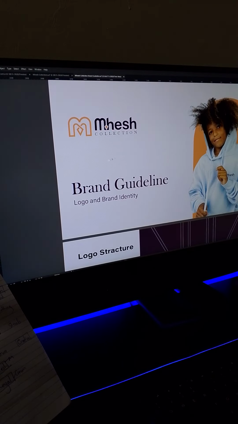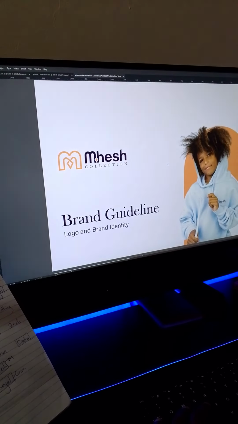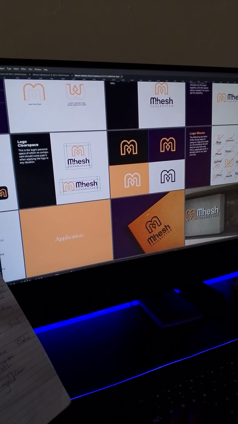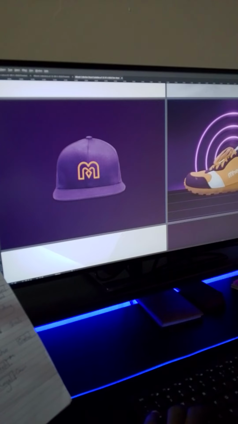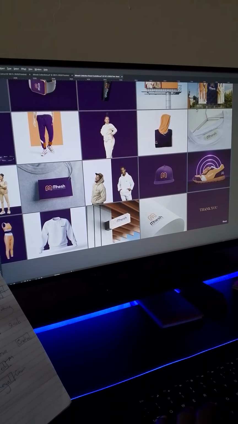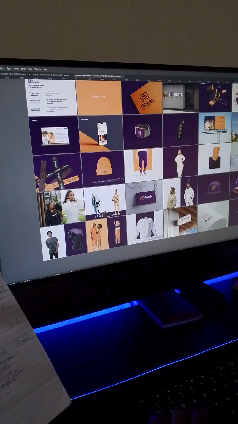And finally, we created the rest of the visual identity, including the brand guidelines. And remember, if you don't know how to create one of these brand guidelines, my template will be coming out very soon. And this one will enable you to submit your brand identity projects faster than how you normally skip